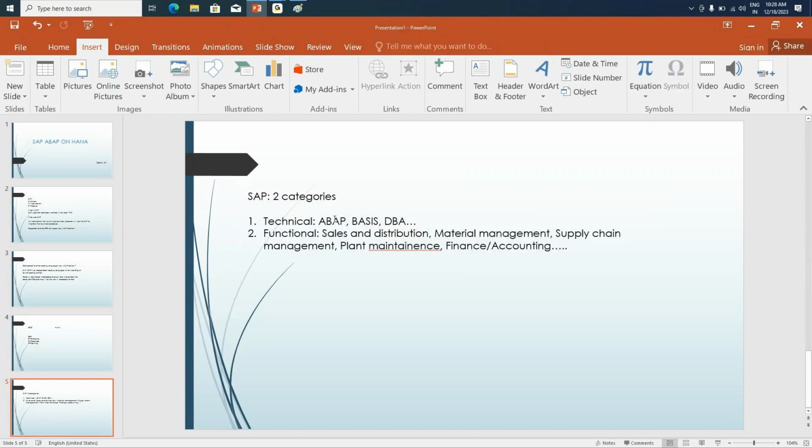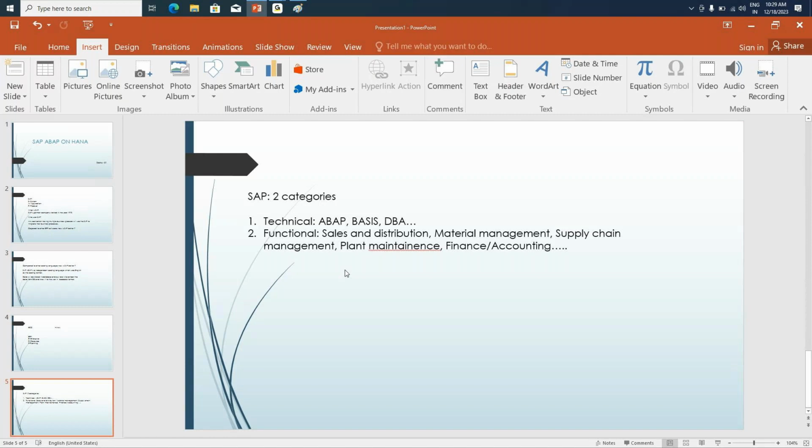So as an ABAPer, we already spoke about what exactly our responsibilities will be. We'll have minimum coding, very little coding, wherein we need to extract the data from the database. We'll talk about what exactly a database is, how the data is stored, and how to extract it in detail later too. So I'm just giving you a high-level exposure to what exactly we do. In ABAP, we have to extract the data from the database and show it in a readable, user-friendly format to the end user. That is the responsibility of an ABAPer. Period. That's it.